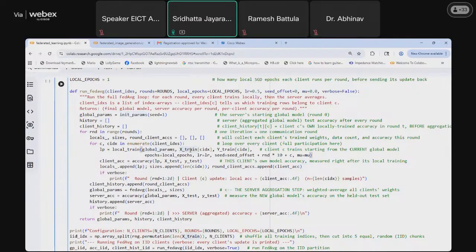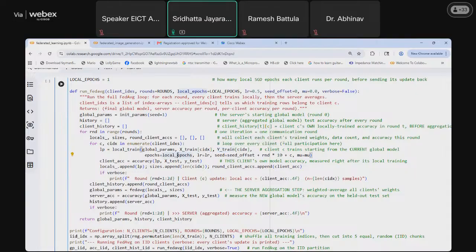And then the particular data for that local client, X train of CIDX, will be the data for that particular client, and the Y train will be the ground truth data for that particular client.